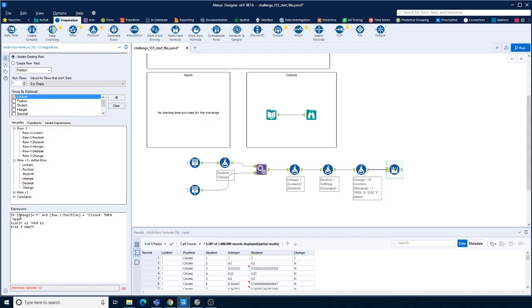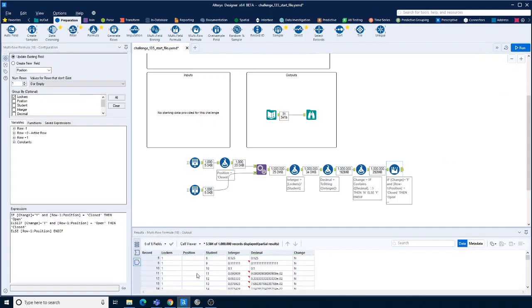And if, let's just copy that, we can then put that in here. So if change equals yes and position equals open, which is the other way round, we want to close it. Closed. Else, we just take the position from above. Okay, so that should then give us,